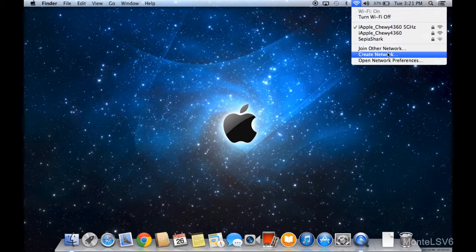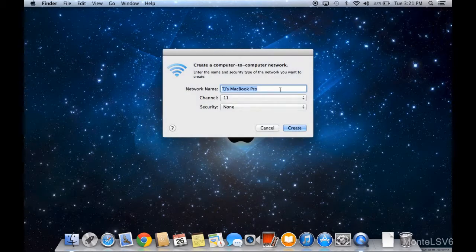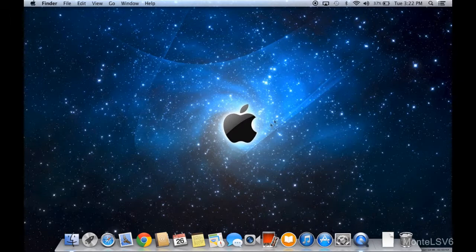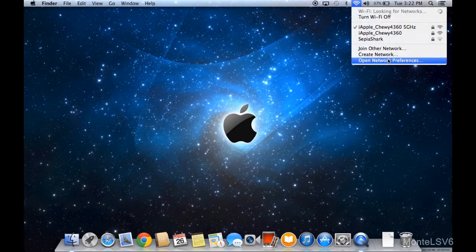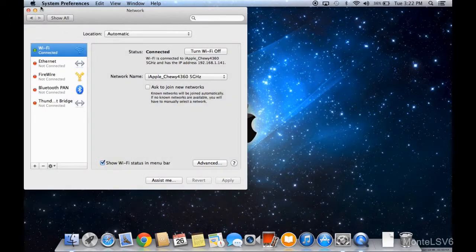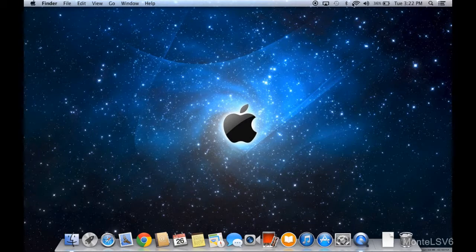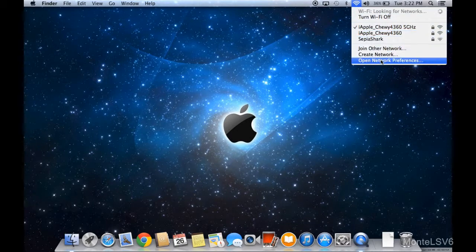This is where you can create a network. Pretty cool. Let's click on that. And you can actually create a computer-to-computer network. That's really cool. I like that. So if you have another MacBook and you don't have an access point around here, you can actually use their MacBook, or their MacBook can use your MacBook as an internet source kind of thing. So pretty cool. This is getting more complex into the whole networking thing, but if we open up networking preferences,